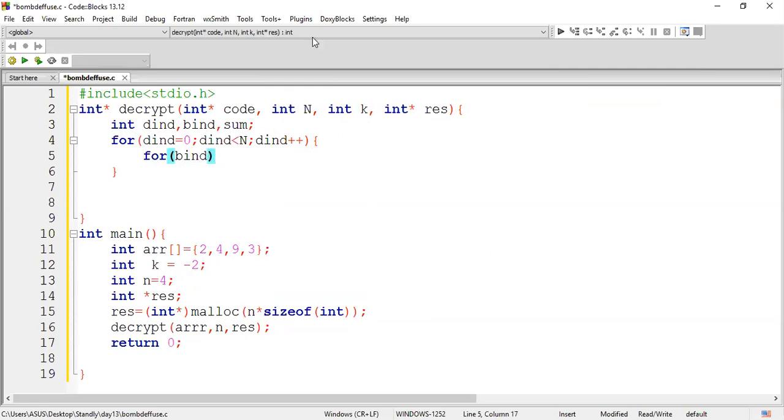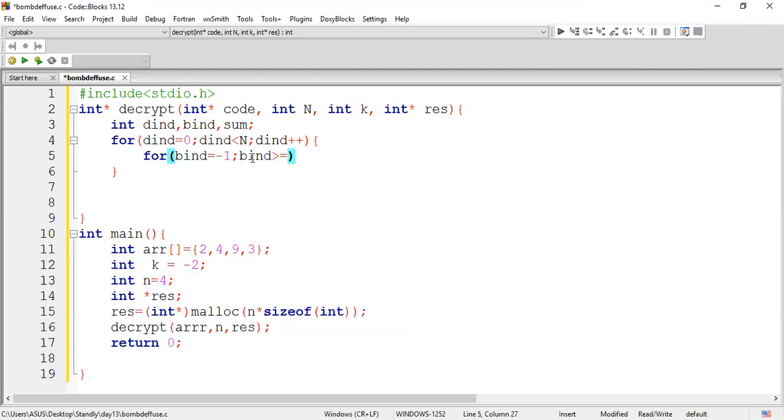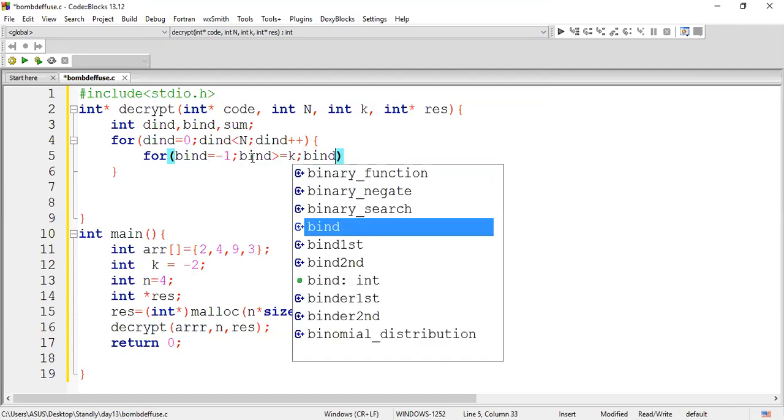Okay. So here what happened? We are supposed to take a B index value with a negative value. Previously we had a key value as positive, so we were taking it as positive. Here what I'm going to do is take this particular B index as negative. And here I'm going to mention B index greater than or equals to K. Our K value is also a negative value, right? So until negative value, -1, -2, -3, I'm going to keep on decrementing B index.